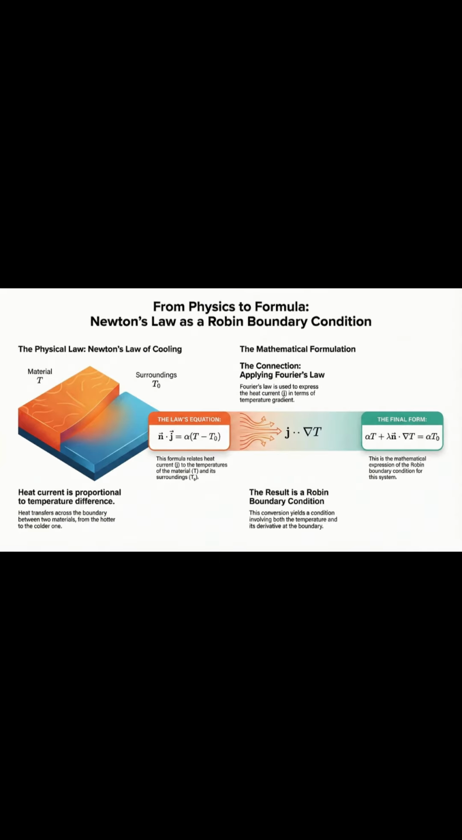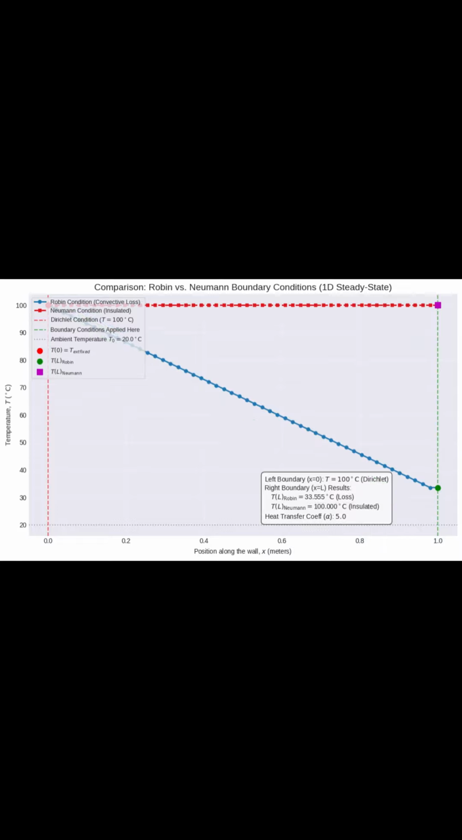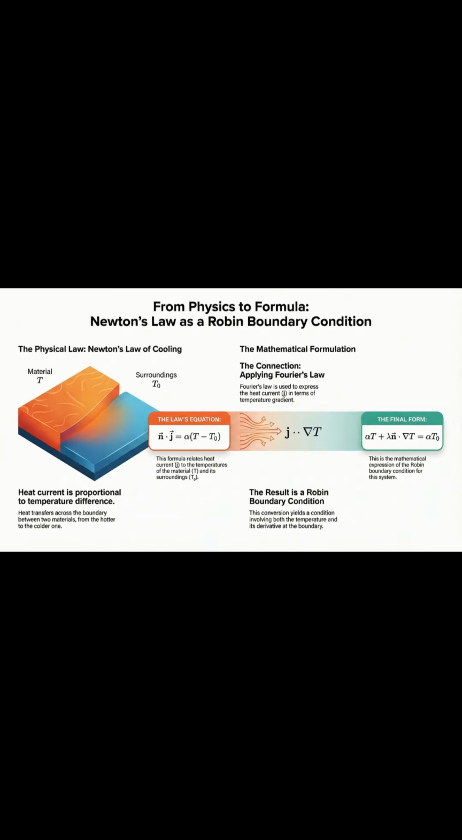Okay, first up, the Robin boundary condition is basically just Newton's law of cooling in math form. All it's saying is that heat transfer, like from a hot engine, depends on the temperature difference. Heat always moves from the hot thing to the cold thing. Simple as that. Second, what makes this condition so powerful is that it looks at two things at once, the